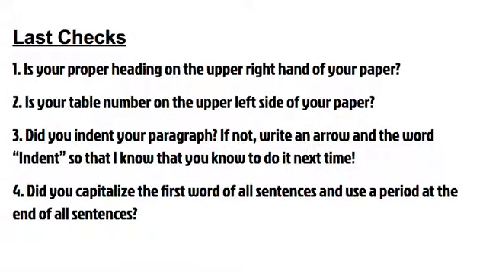Some final things you should always do when you are turning in a paragraph is make sure, number 1, your proper heading is on the upper right-hand corner of your paper. Proper heading has last name first, English, your period, and the date. Number 2, your table number should be on the upper left side of your paper. Number 3, you should have indented your paragraph, and if you didn't do it, write an arrow next to it and write the word indent so that I know that you should do it next time. Number 4, did you capitalize the first word of all sentences and use a period at the end of all